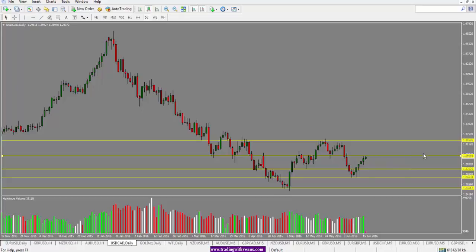And at this point, if the price holds above the 1.2950 level, we are looking for a further move to the upside, and we would be looking to target this 1.3080 level. However, if the price fails to break above 1.2950, we could see a move back down towards 1.2967 level here. So that's it for now.